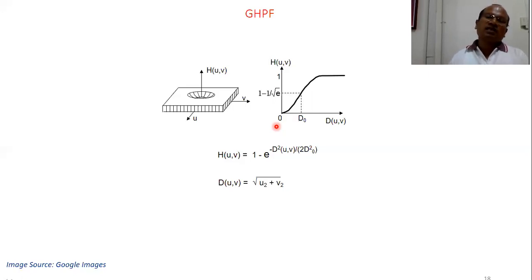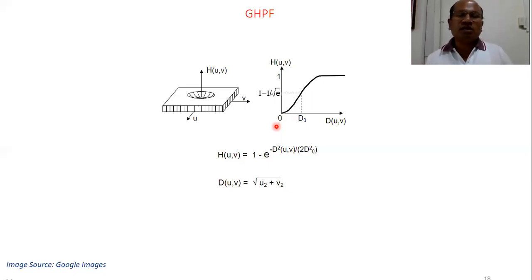In Butterworth, we have seen that as the filter order is increasing, for more filter order, the filter behaves like the ideal low pass filter. So for higher filter order, more ringing structures can also be seen. Similarly, in the Gaussian low pass filter, there is no ringing effect. We get a smoothened output in Gaussian. And in Gaussian also, when you increase the cutoff distance for a fixed filter order, you will get the behavior towards the ideal low pass filter.